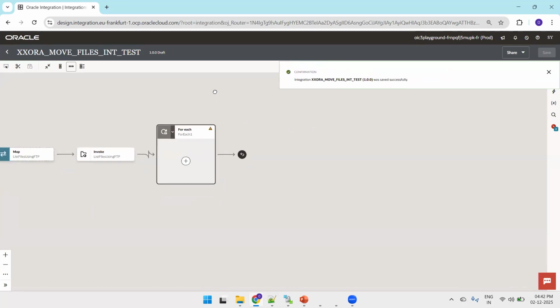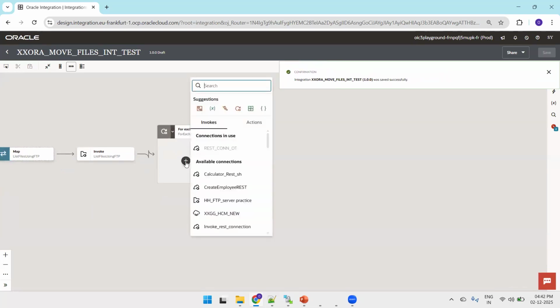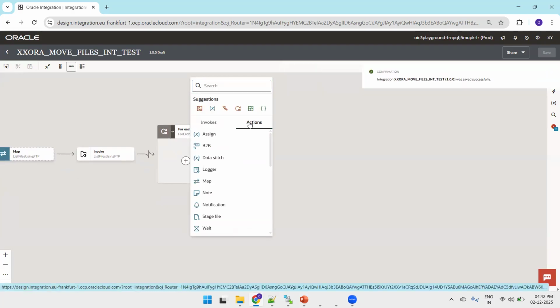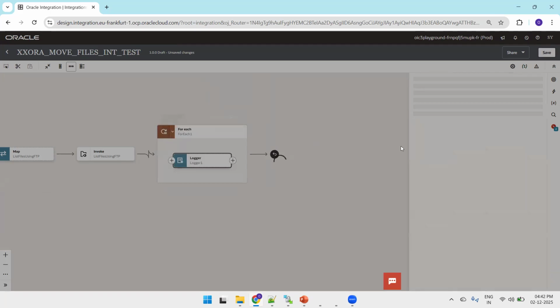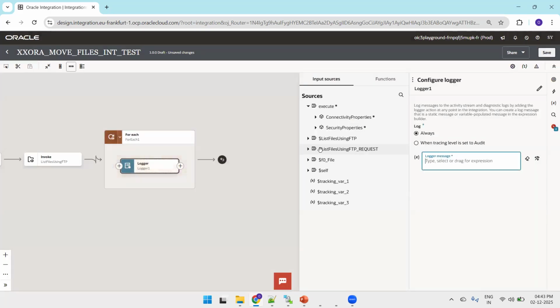Right? So now we got the for loop. So click on this particular symbol. For now, what I'll do is I'll just assign a logger activity. Right? Now observe this one, fo underscore file. This should have all the information, directory, file name. Remaining you can ignore. So you can make a note of this